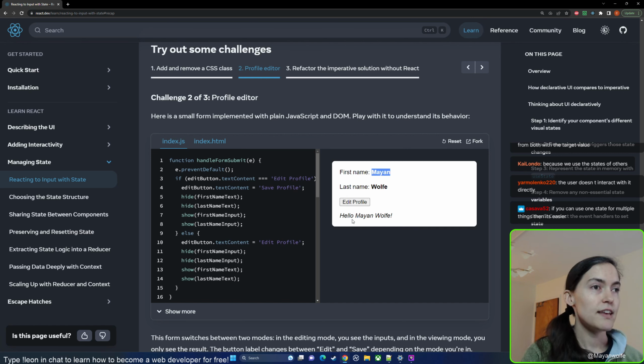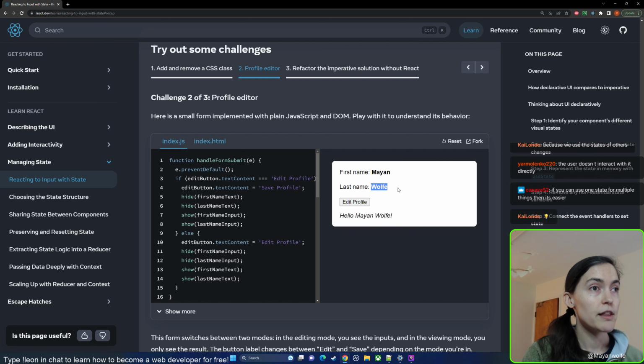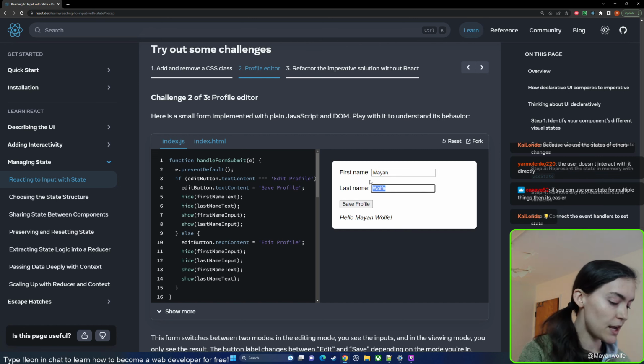And if this had its own state, if we were updating this and saving it separately from the first name and the last name, there's a potential that this could somehow get out of sync with the first name and the last name that we're typing, right? There's a potential that if we didn't do it right, that